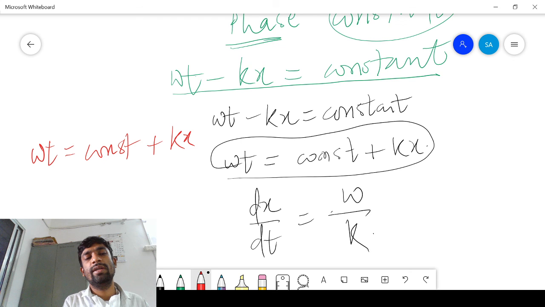If you differentiate this with respect to time, you will get dx by dt. If kx is equal to a constant plus omega t, then x is equal to omega divided by k into t plus a constant. If you differentiate with respect to time, dx by dt is equal to